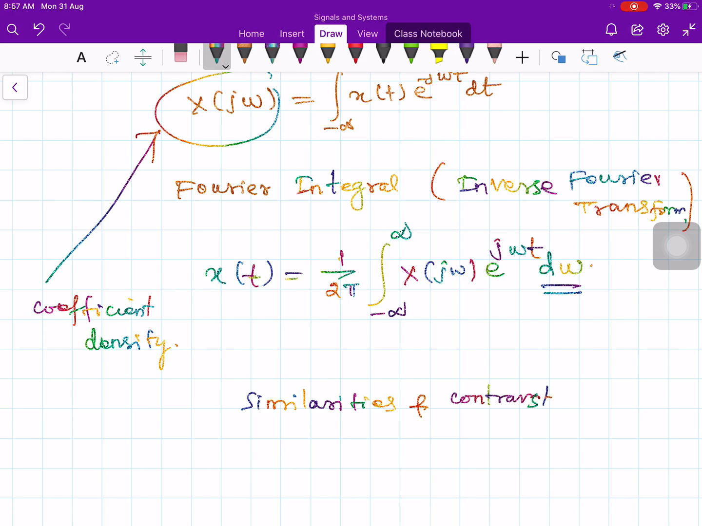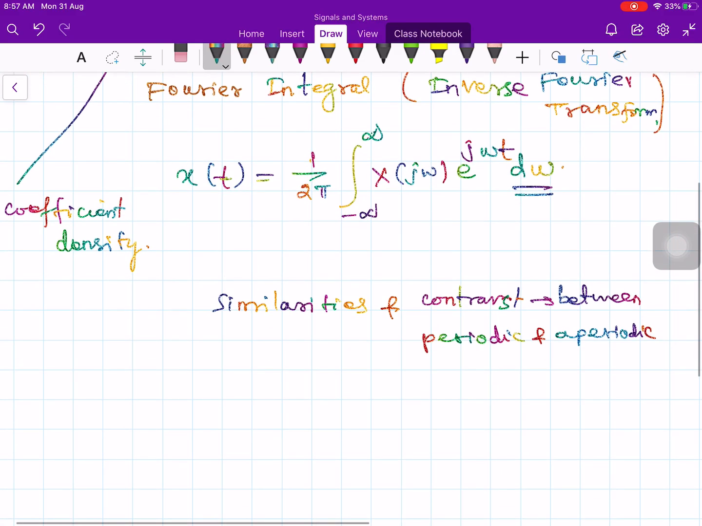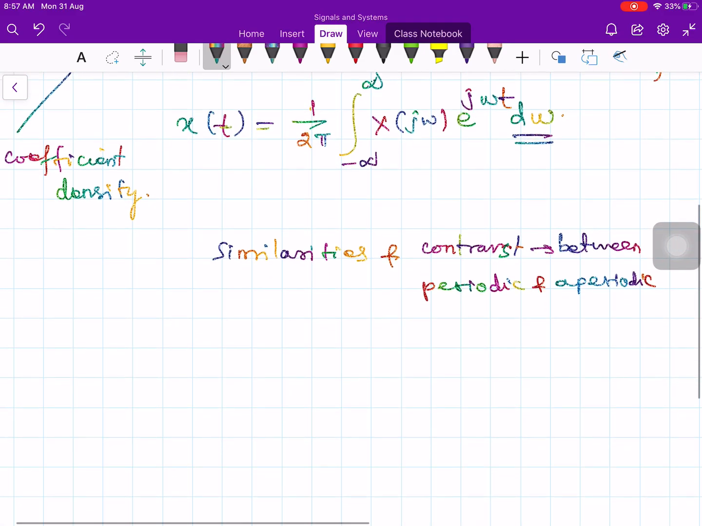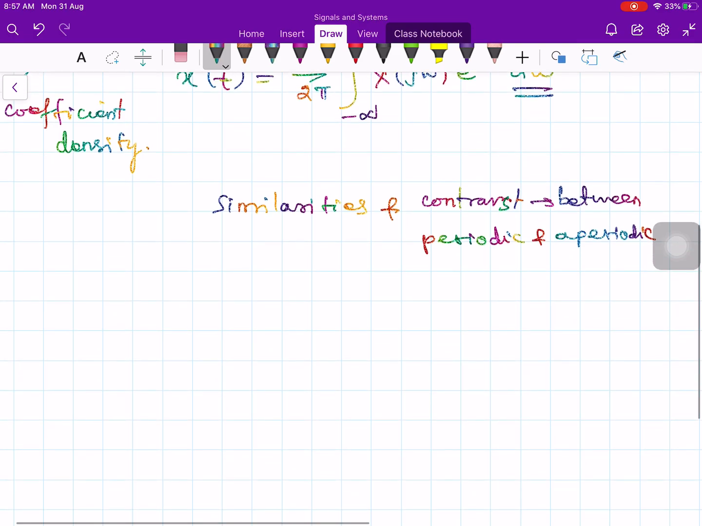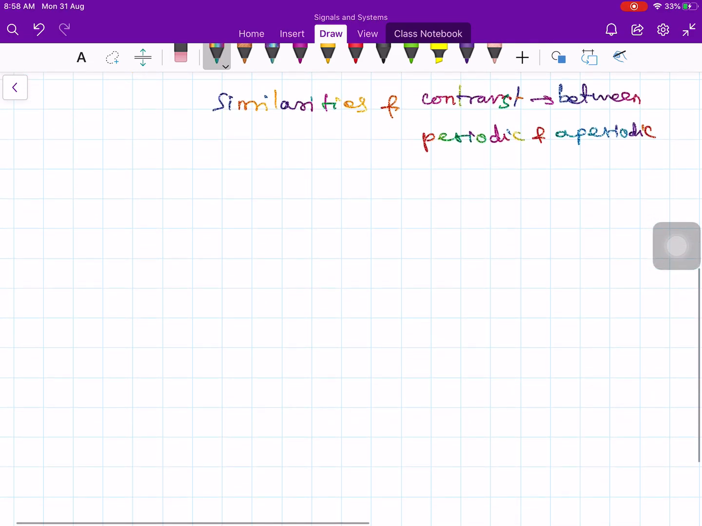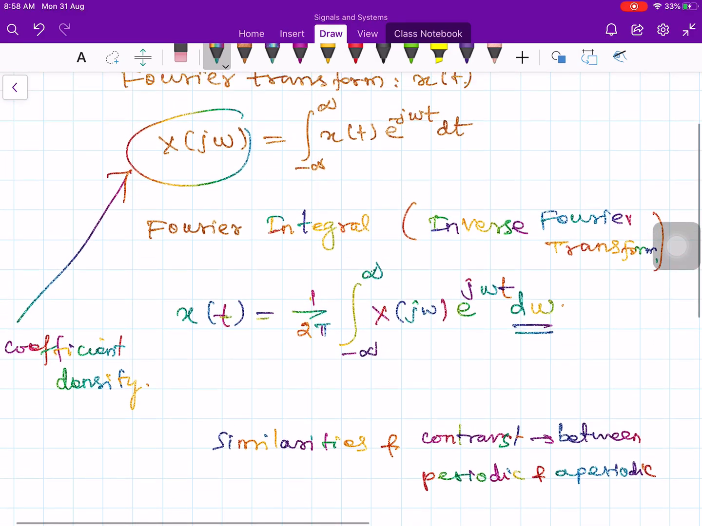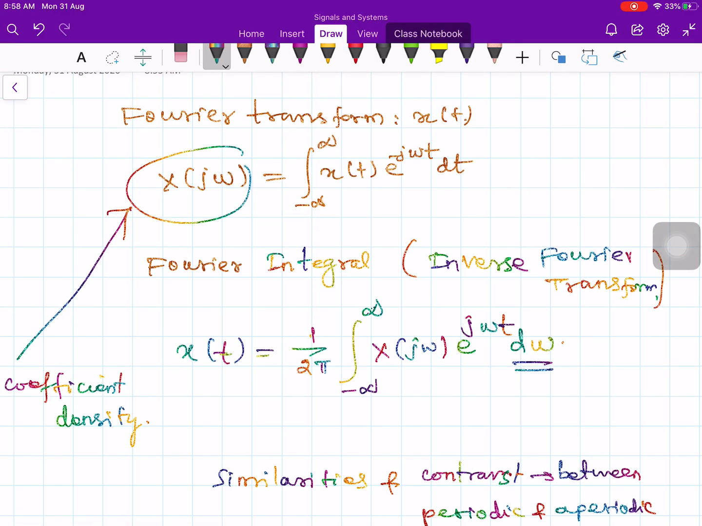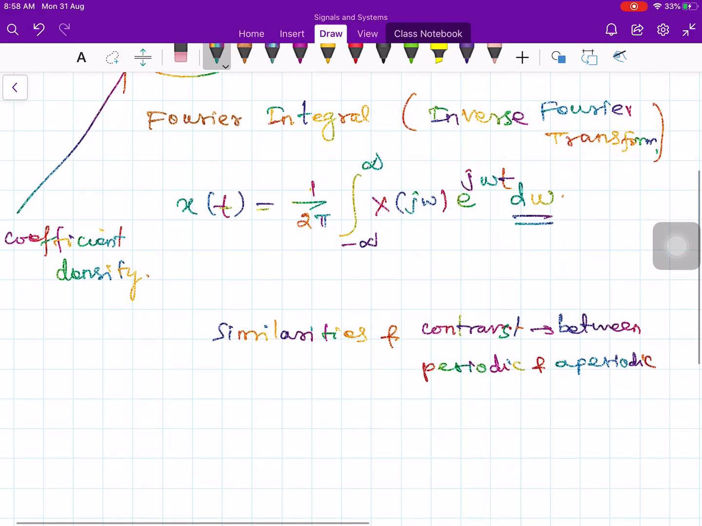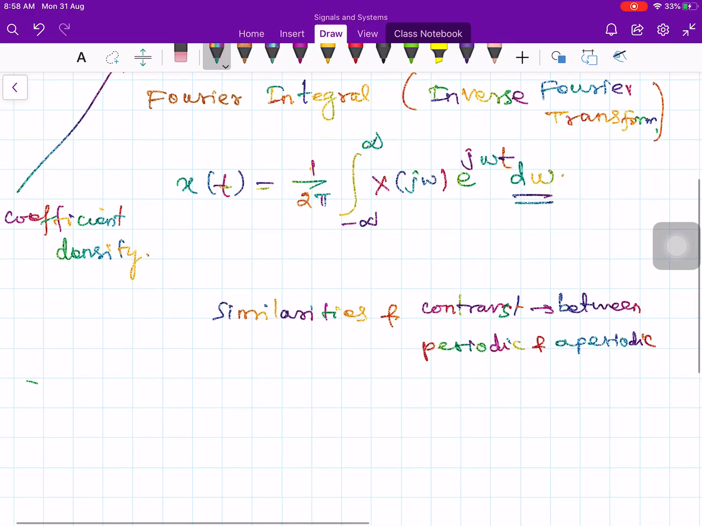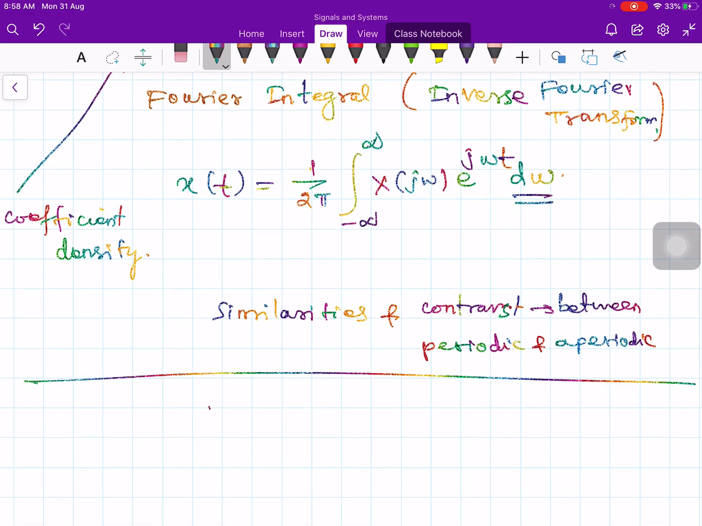Similarities and contrast between periodic and aperiodic. If the signal is periodic, what are the similarities, and if the signal is aperiodic, what are the contrasts, the dissimilarities, in greater detail. Now after we studied this Fourier transform and the Fourier integral, let us compare. Okay, so if you had a periodic function of time, say with period t naught,